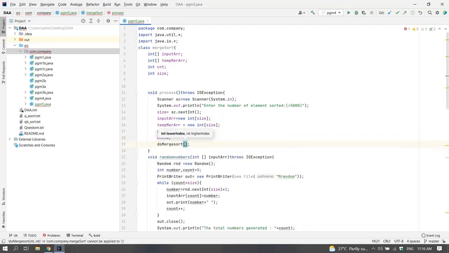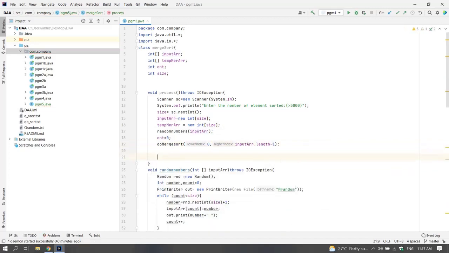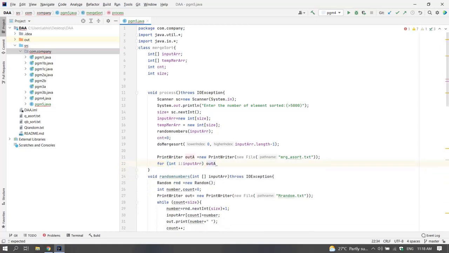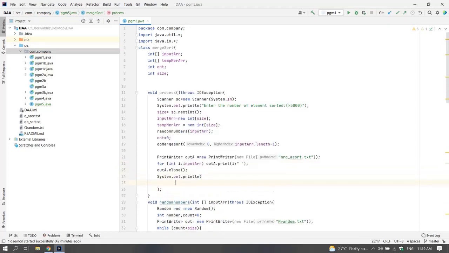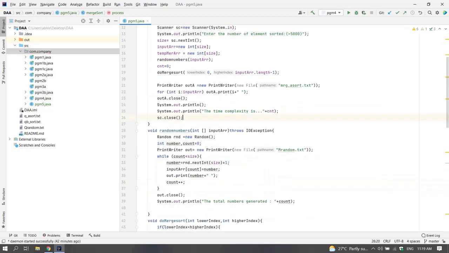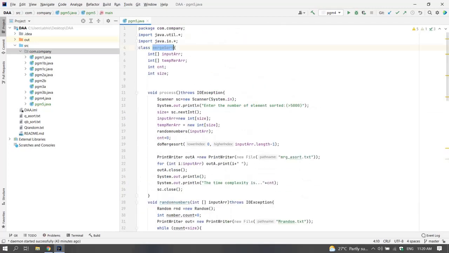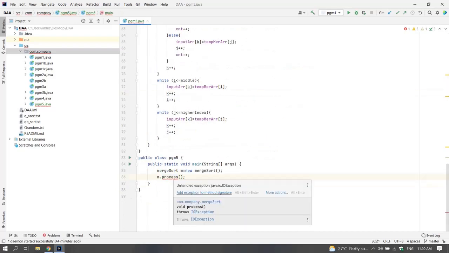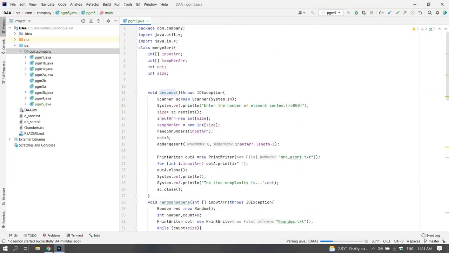After getting the random numbers, we will call the do merge sort method. So now we are done with our process method also. Let's now make the main method. So now we are done with our program.